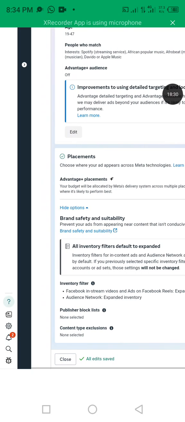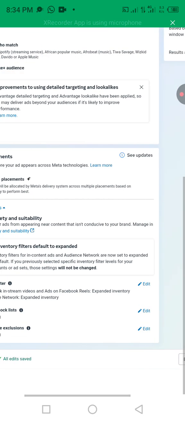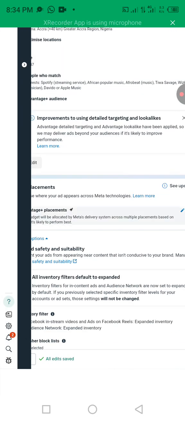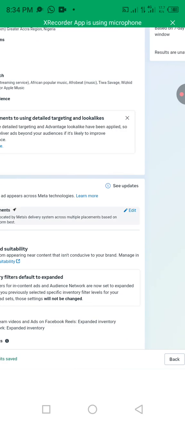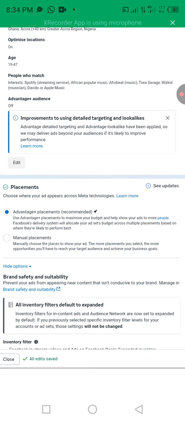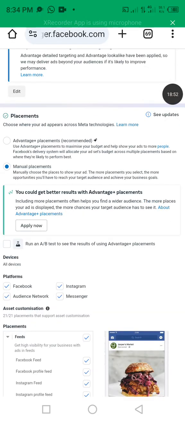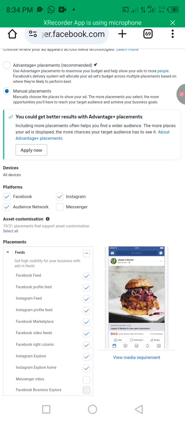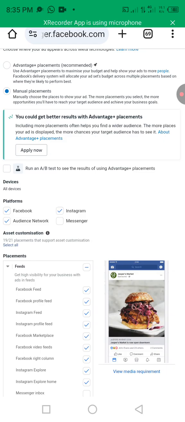So the next thing we'll be doing is our placement, where you want the ads to be shown. So we're going to click on the placement and you see edit. You click on edit. We'll go for manual placement. So on this very manual placement, we are going to uncheck Messenger. We're going to uncheck Audience Network. Most times I like to uncheck Facebook and run the ads only on Instagram. Understand? So if you want to run on both Instagram and Facebook,